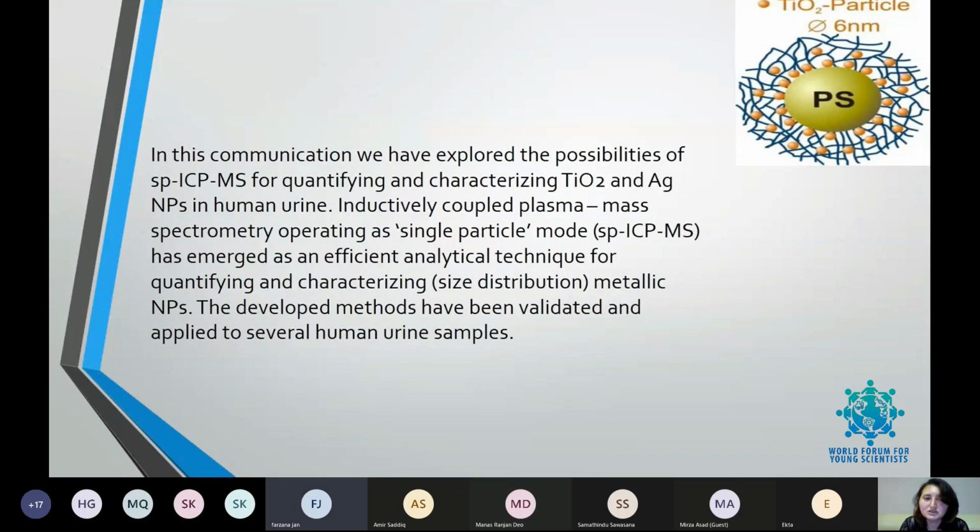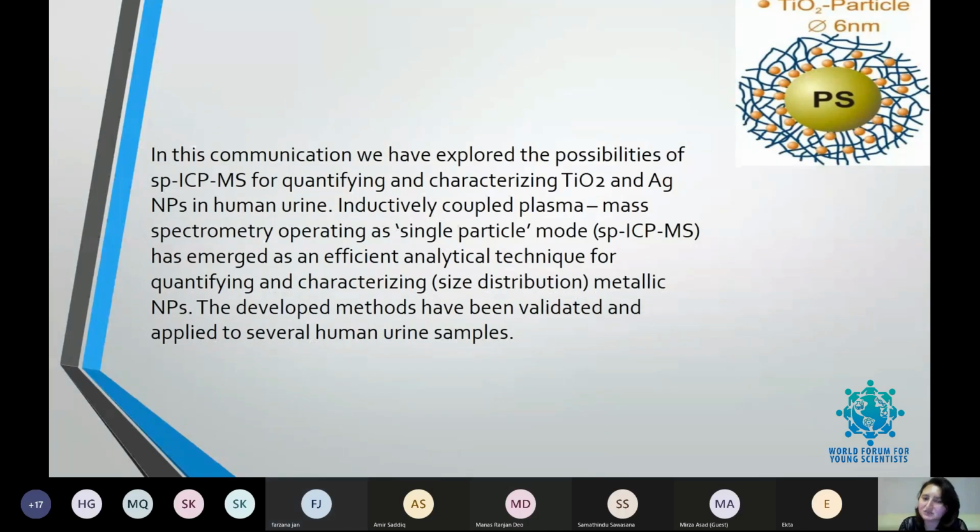This is inductively coupled plasma mass spectroscopy for the quantum and characterizing titanium dioxide and silver nanoparticles in human urine. Inductively coupled plasma mass spectrometry operating in single particle mode has emerged as an efficient technique for quantifying